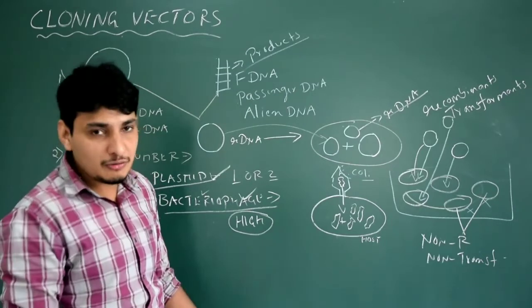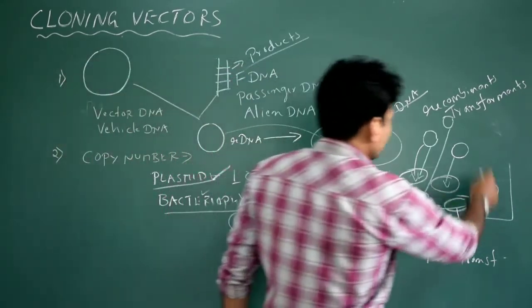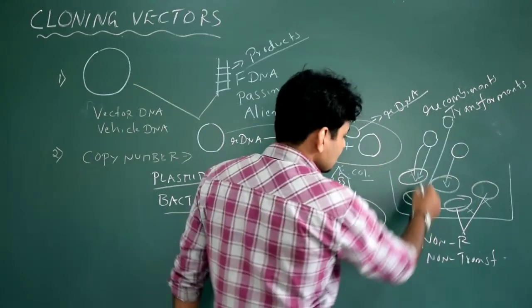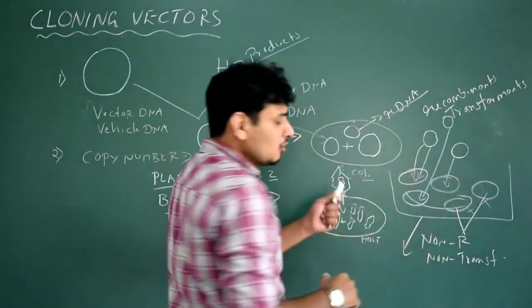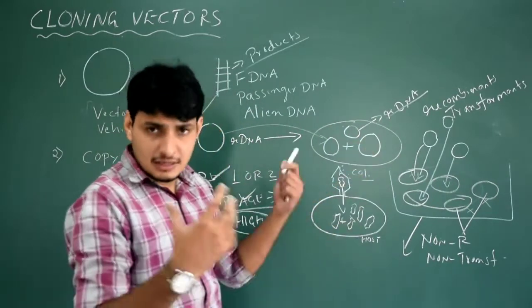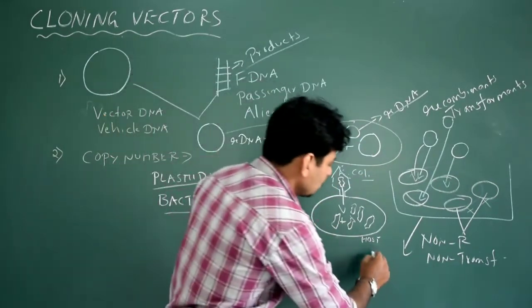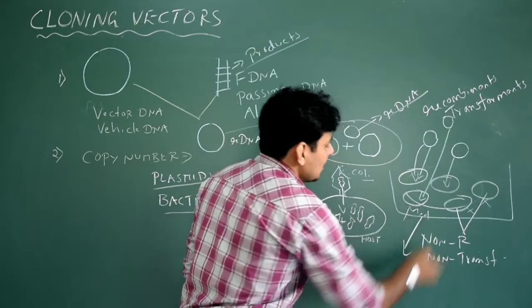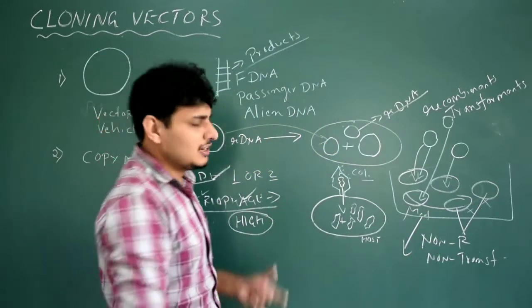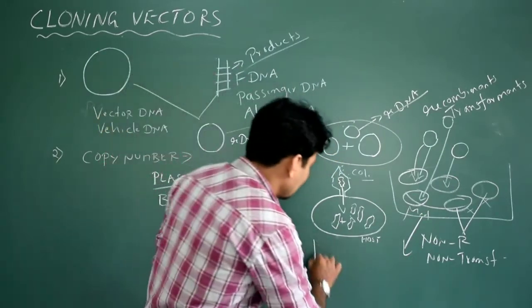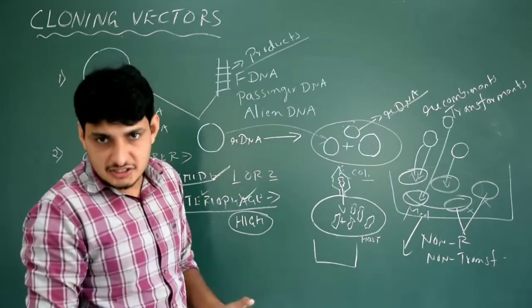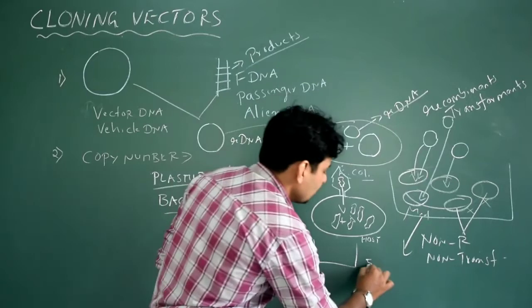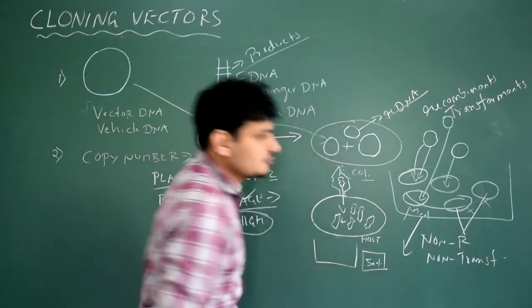Got it? Otherwise, simply like I am conducting the experiment and finally this is the host organism. I assume that all the 5 host organisms have taken up the recombinant DNA, and actually I provide the medium for this and I do a lot of procedure, that is expensive procedure, and ultimately I expect 100% products, that is 100% success, but I get only 50% of the products, that is 50% success.